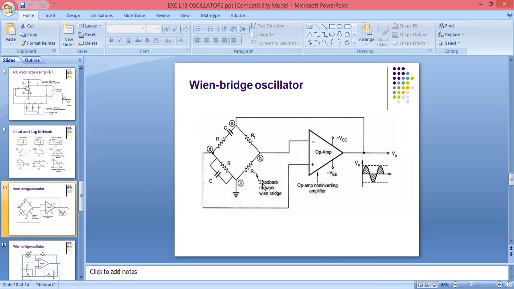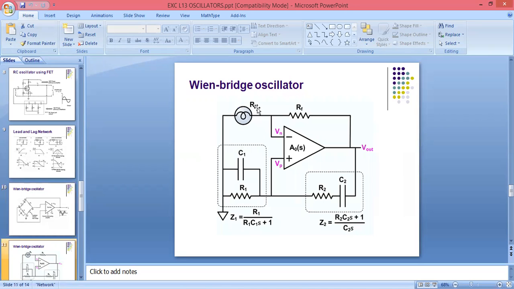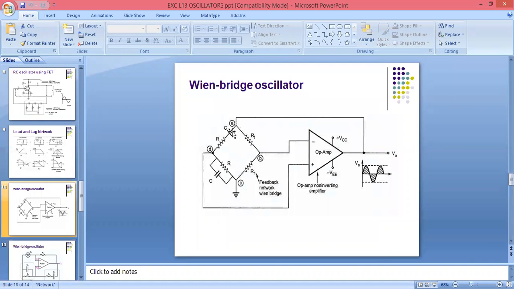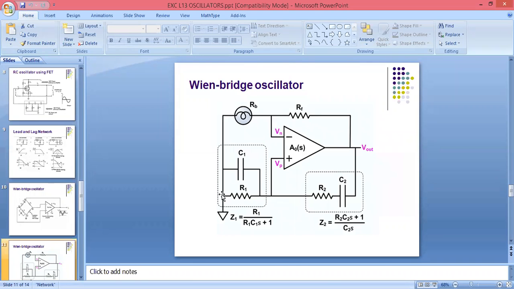this R1 is called the feedback Wien bridge. It means what? Here we can adjust the value of resistance, because there is a rheostat, so it is a variable resistor, and you can change that value. This is the same circuit diagram, but here I am using a bridge-like structure, but instead of the bridge I can distribute these four devices as RF, this is the feedback resistance, RB, which is the rheostat. The value of resistance will get changed.